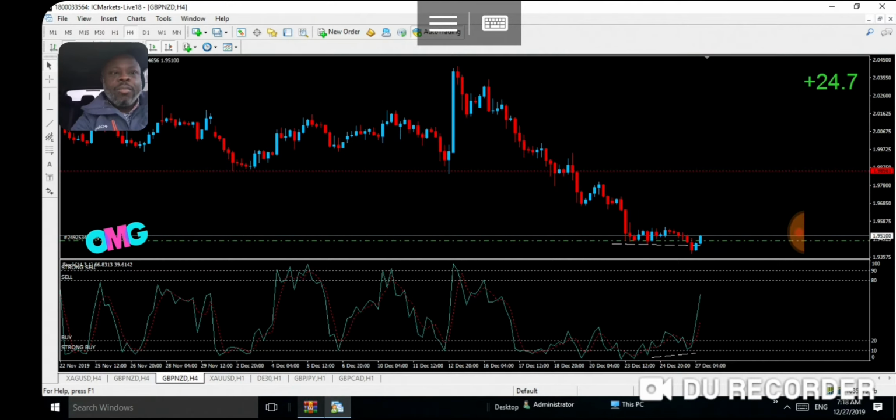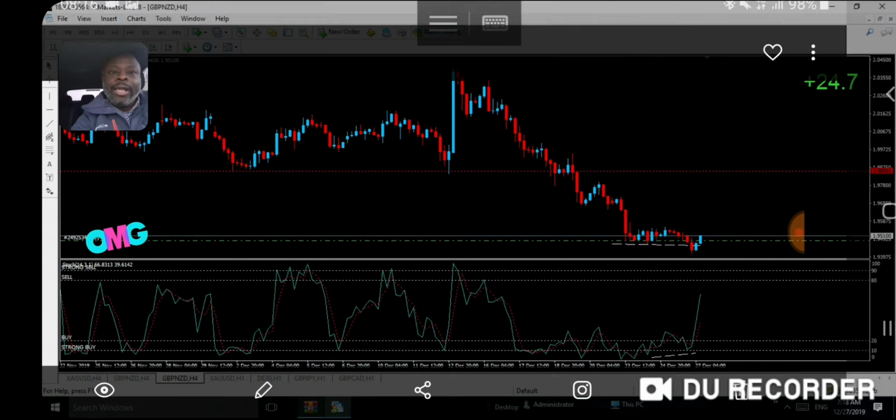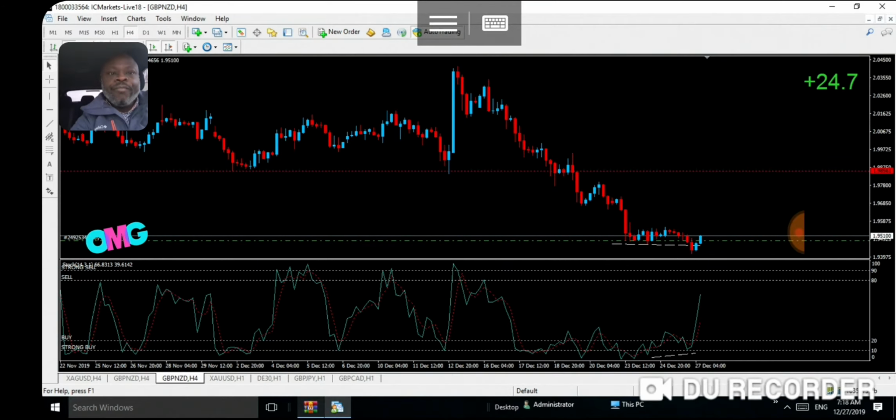Now, if you can see on my screen, you can see where the price came all the way down here, made a low, and then made a lower low. Okay, this is on the 4-hour time frame. But then if you look at my very reliable stochastic oscillator set to 14, 3, 1, it also made a low here, but the oscillator did not